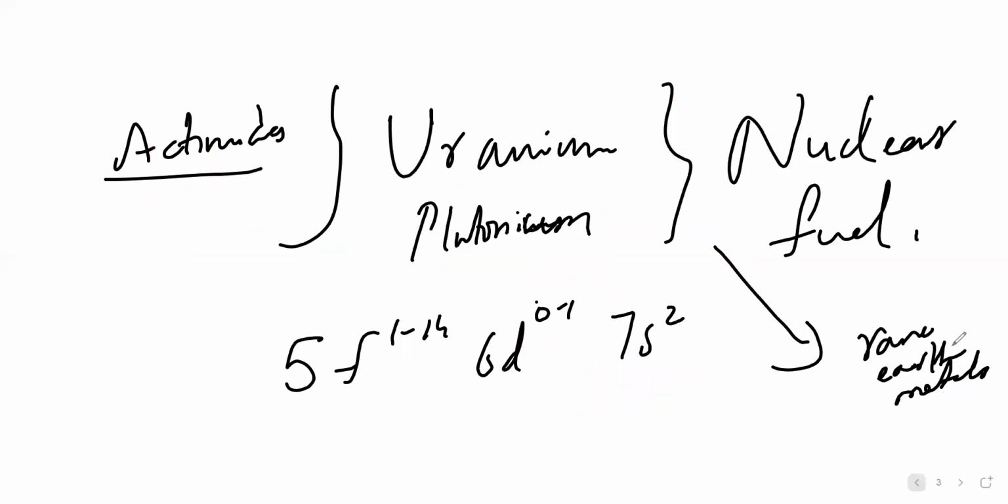So mostly the actinides are all radioactive elements. Now I think everyone knows about the application of F block elements, right? Which industry? Maybe the nuclear industry. Since they are very colorful metals, they can be used in glass industries also. So a lot of these things. That application you can study by yourself. Clear?